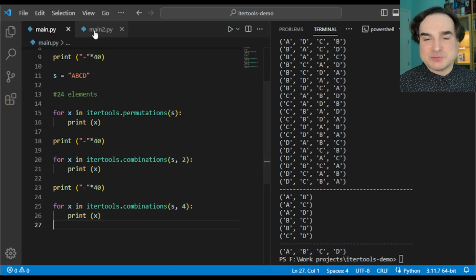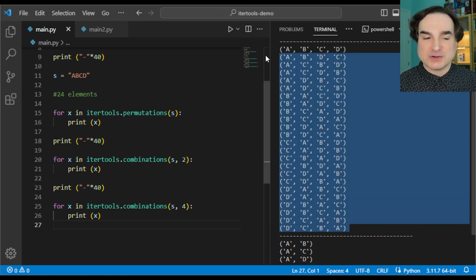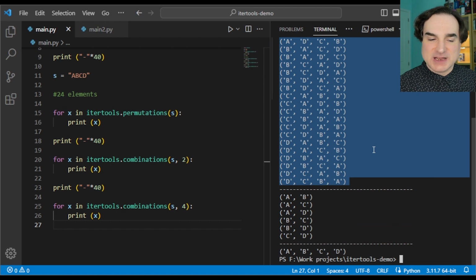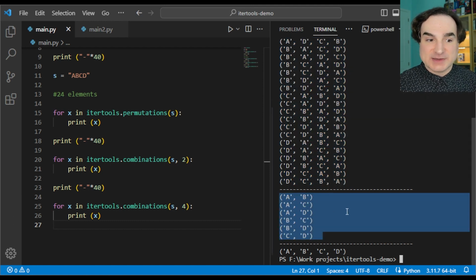So what are some good practical uses for these things? Well, for instance, let's say you're writing unit tests and you want to ensure that a series of functions all behave the same way, no matter what order they are called in, if you're worried about the sensitivity of the ordering. So you could use permutations to generate the test sequences. And for combinations, you could use that to test if calling only a subset of a given group of functions would be enough to generate a desired result.